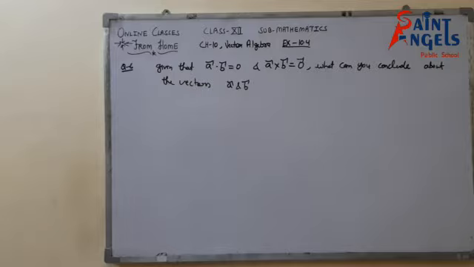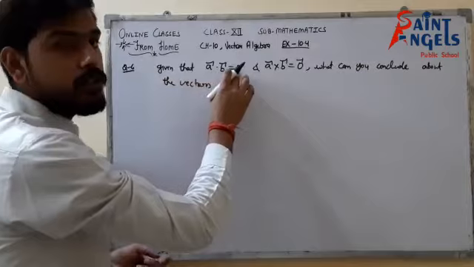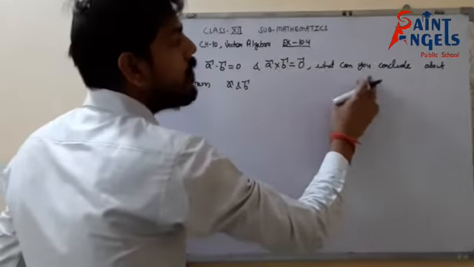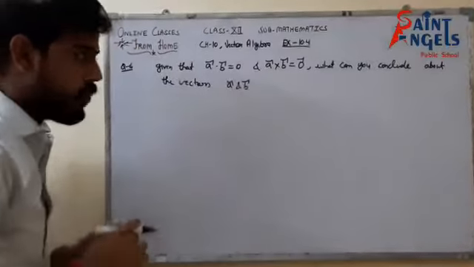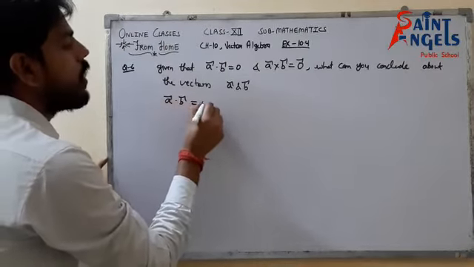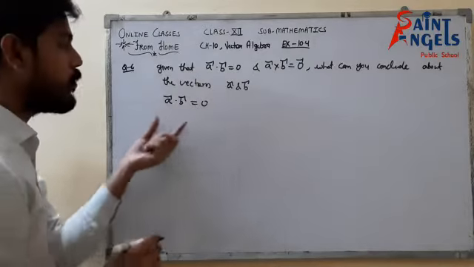Students, now look at question number 6. Question number 6 says that given A dot B equals 0 and A vector cross B vector equals the zero vector, what can we conclude about these vectors? First of all, we are given A dot B equals 0, and we know that the dot product of two vectors would be 0 if